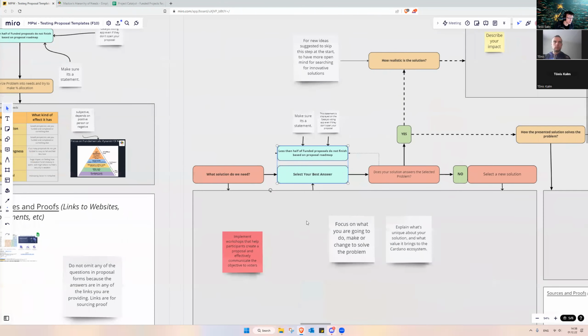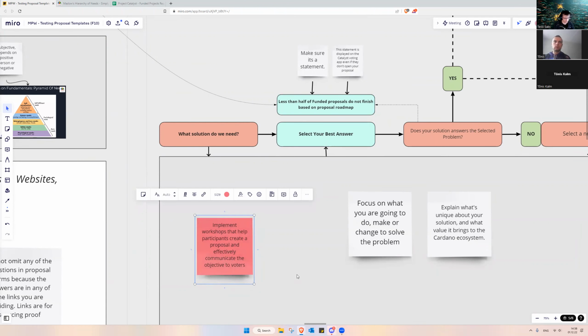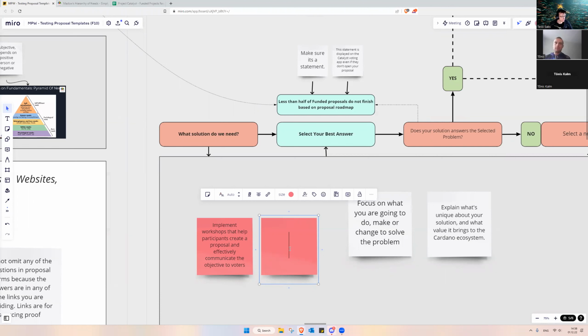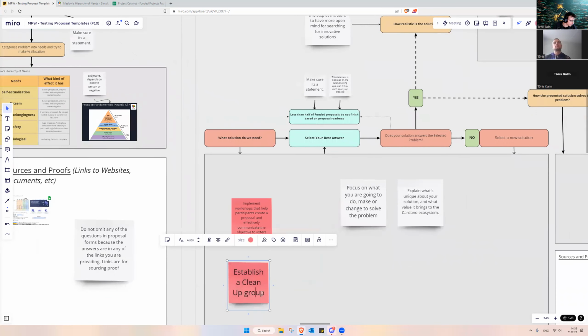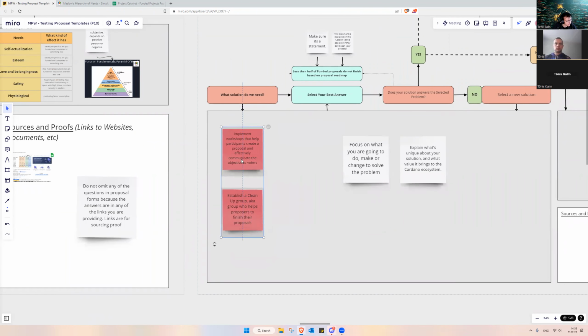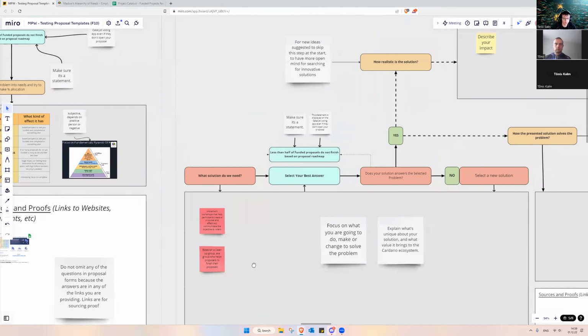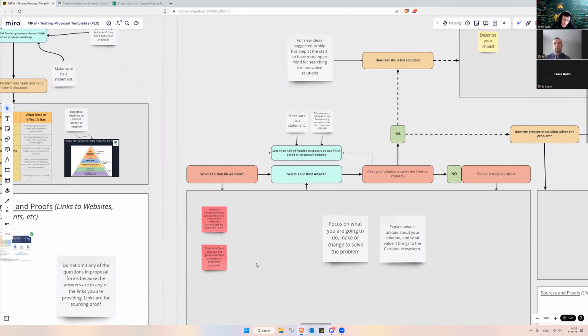Less than half of funded proposals do not finish based on the proposal roadmap. Can we only have one solution? Oh no, we can have as many solutions as we want. Now is the time to brainstorm more solutions for this. I would say the first thing that comes up is we can have a cleanup group. What I mean by this is a group who helps proposers to finish their proposals. So a team who just takes up the proposals which got funded, which are still in progress, gets up to date with the proposers themselves in their team,